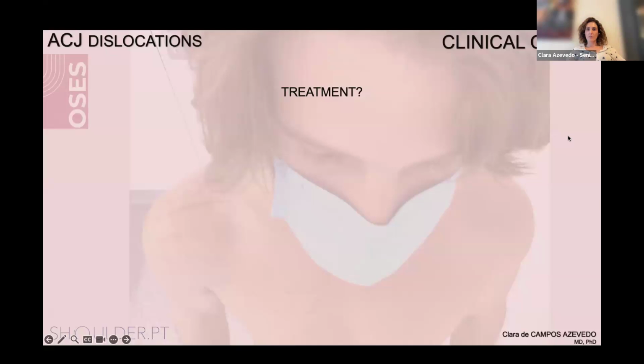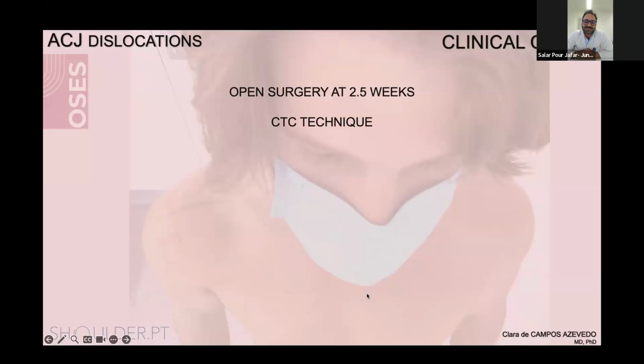Yes. Can I ask a question, Salar? Why would you do a clinical examination at 6 weeks and 3 months? Would it change? What if a patient said at 6 weeks, I still have pain? Would you say, okay, now I'm gonna do it? Actually, after 6 weeks, no, I would wait at least 3 months. So he does need a consultation at 6 weeks? No, but maybe for my conscience, to see the patient, see how it's going, if something's happening, more pain, or something different with movement. But probably, as you said, I wouldn't change my mind after 6 weeks.